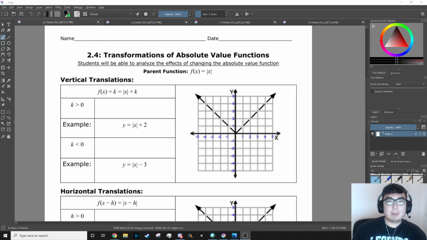All right, welcome back to Mr. Hong's class. Today we're going to be talking about 2-4, which is the last section of the unit. And today you will be able to analyze the effects of changing the absolute value function. So what that really means is,